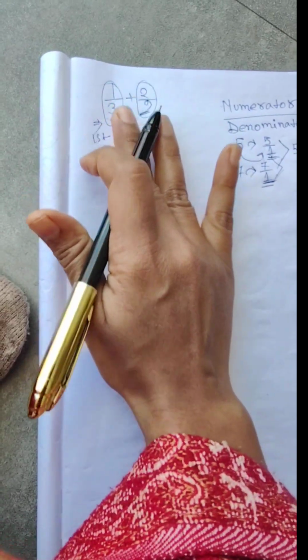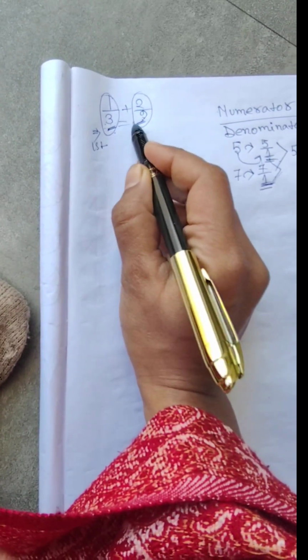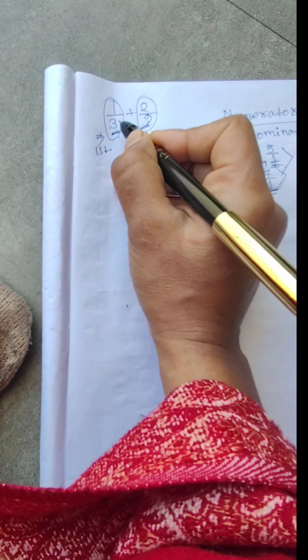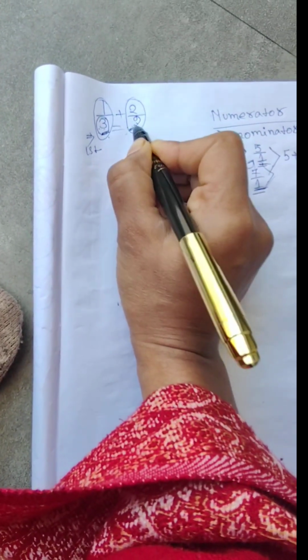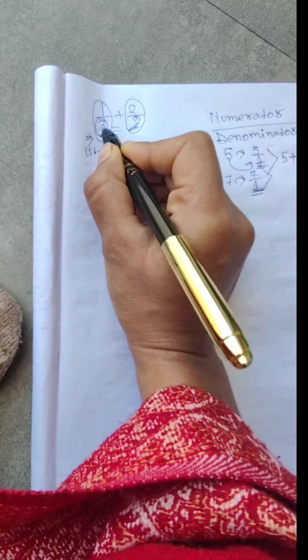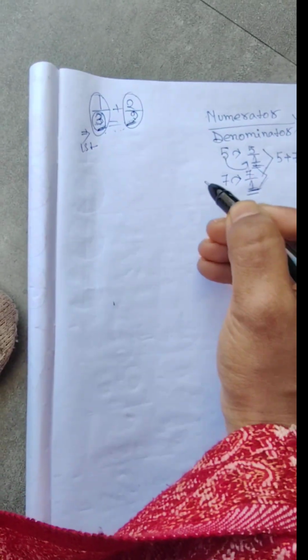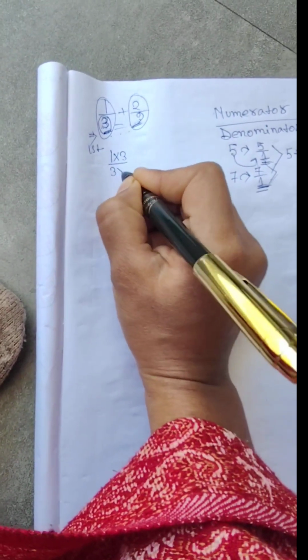Let's try to solve this fraction through the basic concept. So here, as you can see, the denominators are 3 and 9, and both the denominators are not the same. Now first step, you have to make the denominators equal. Now you can see if we multiply this denominator 3 with 3, we get the second denominator 9. So this is the easy step. So we have to multiply the first denominator with 3. So let's multiply it: 1 into 3 divided by 3 into 3.